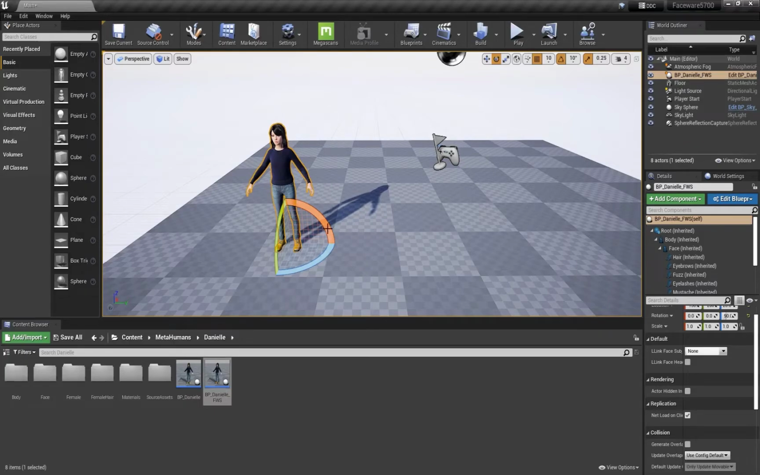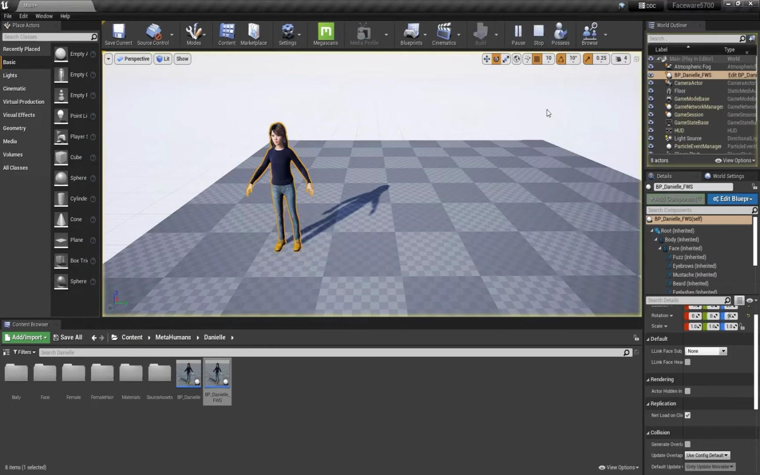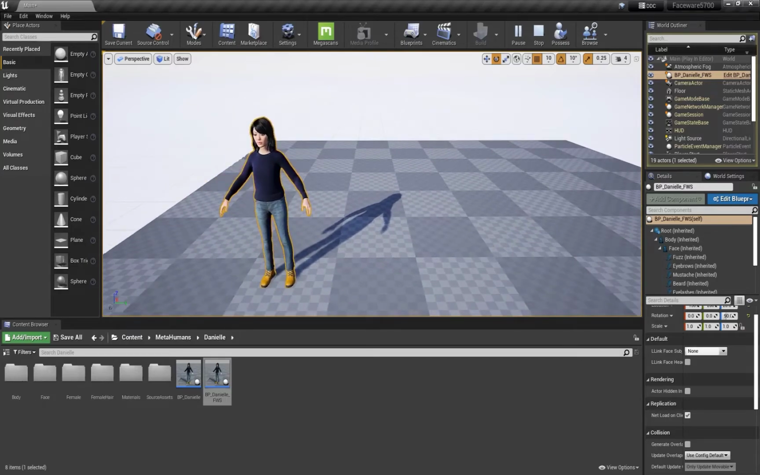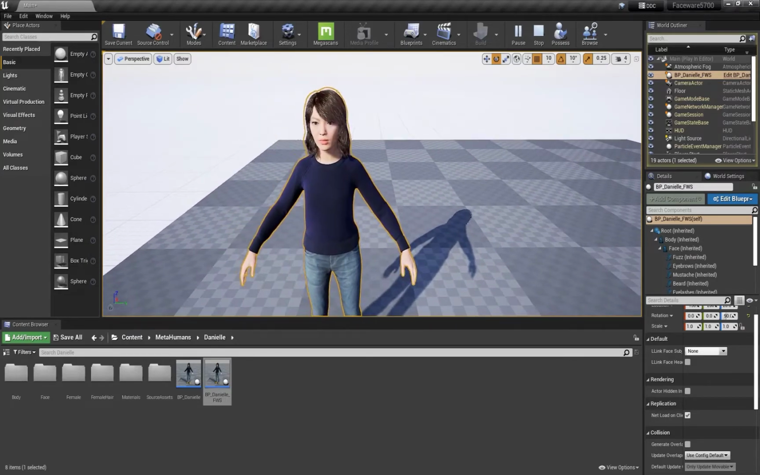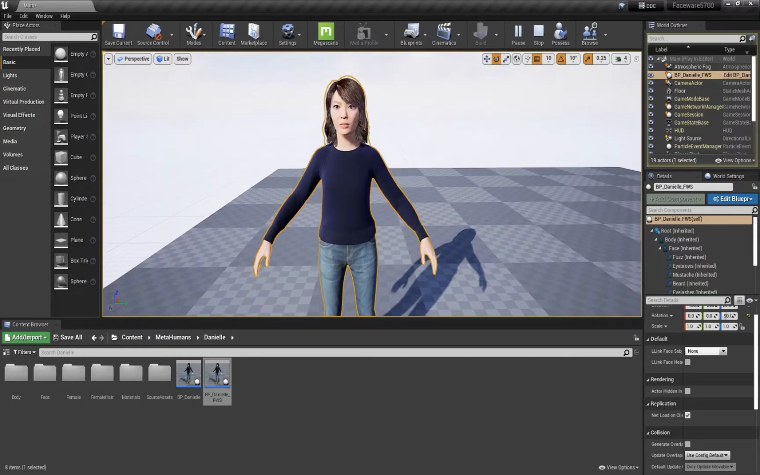To do this, we're going to put our editor into simulate mode. So in the toolbar over here, just to the right of the play button, we'll click this drop down and choose simulate. And now we retain all of the functionality of the editor, but we're also running all of our blueprints in simulation mode. So now I can see that Danielle is performing the facial performance that is being tracked by Faceware